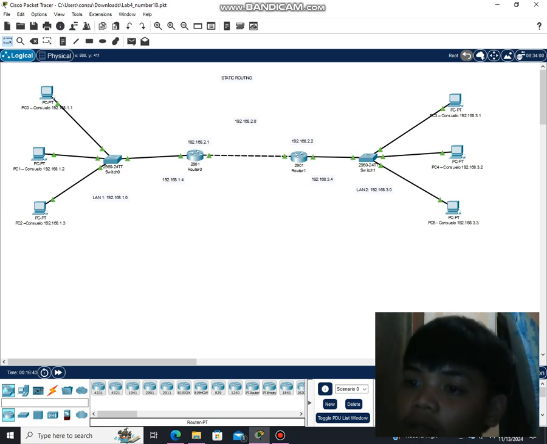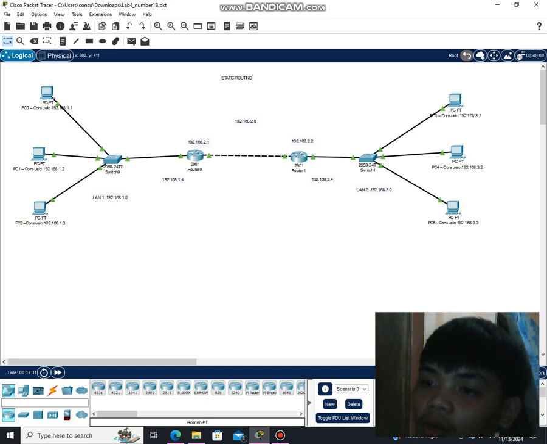Router 1 on the right connects to LAN 2 with an IP address of 192.168.3.4, and its connection to router 0 is set to 192.168.2.2. This IP configuration enables the two routers to communicate with each other over the 192.168.2.0 network.